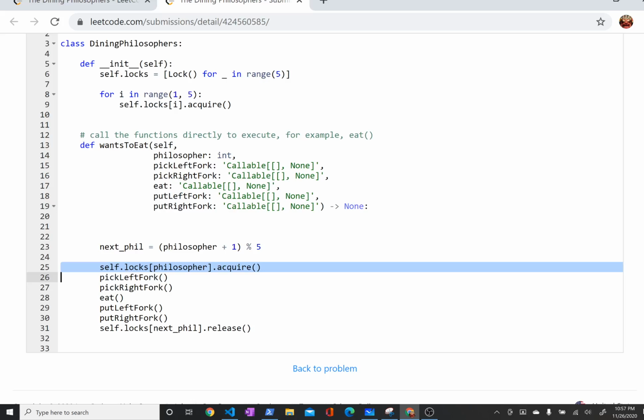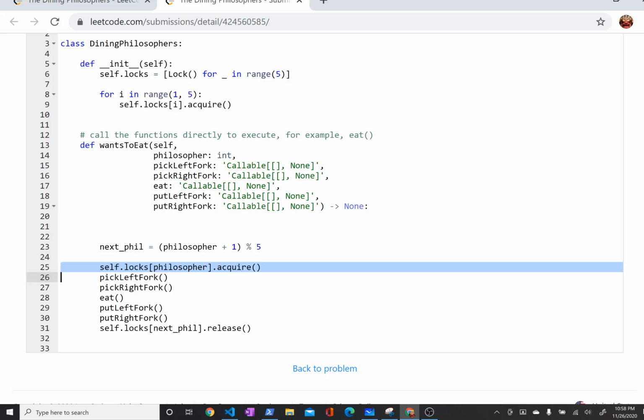I locked everybody but 0 in line 9. So rather, I shouldn't say it's going to fail. It's going to block. He tries to acquire his lock, and you can think of it as this is just going to take forever. He's not getting it back because it blocks. So this is a function that's going to take forever. Or when I say forever, what I really mean is it's going to take until philosopher 0 has finished execution